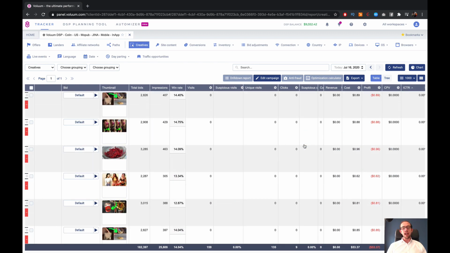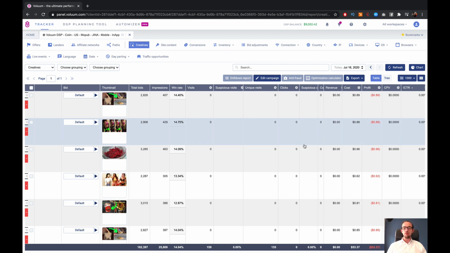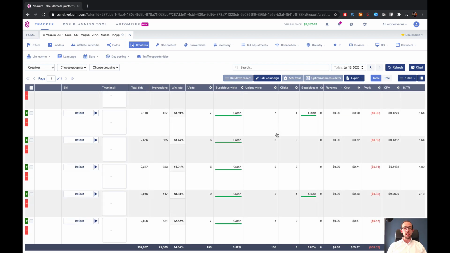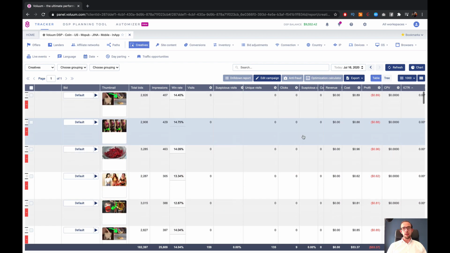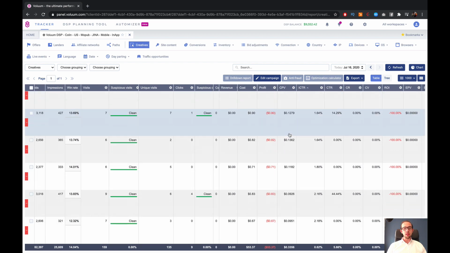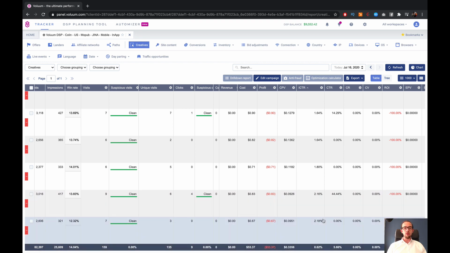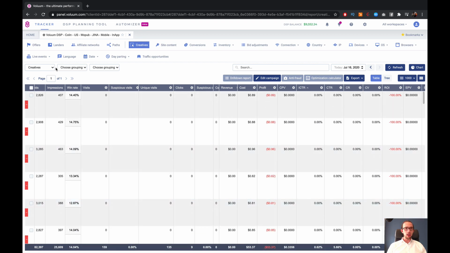ICTR. For that, you need to spend, I would say, 250 to 500 a day for one day. So on the first day even, you can already optimize it. This campaign started off with 7% ICTR, 6 point something, and it dropped all the way, right? Because we can do